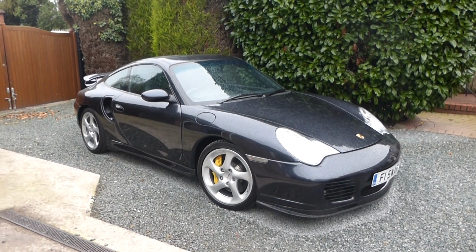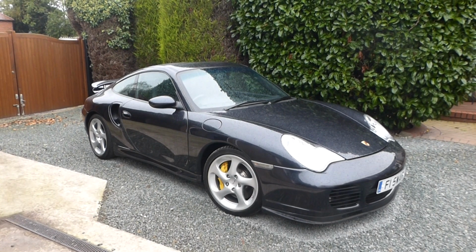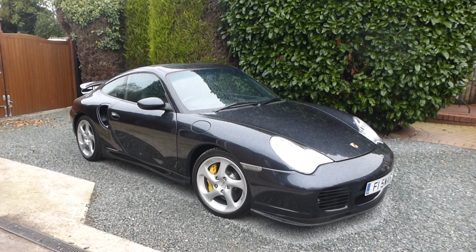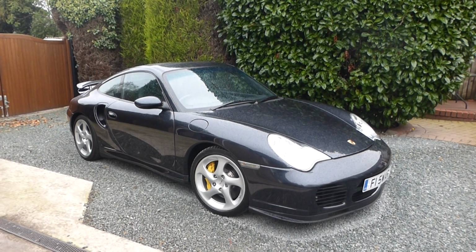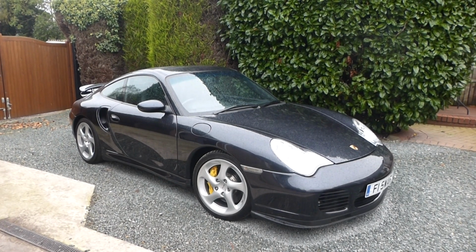Very good morning and a warm welcome to what is, I have to say, an absolutely stunning 911 996 model. This vehicle must be very unique. It's got some fantastic factory upgrades, and I will be posting those upgrades inside the montage of photographs, so please